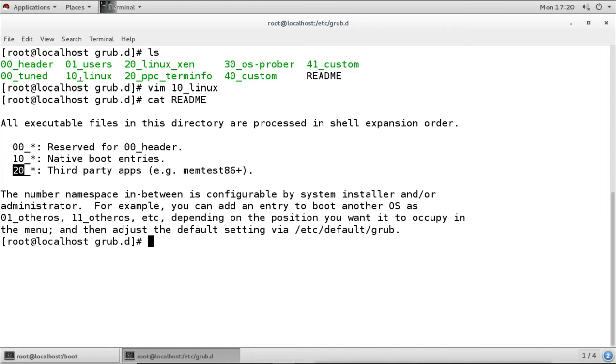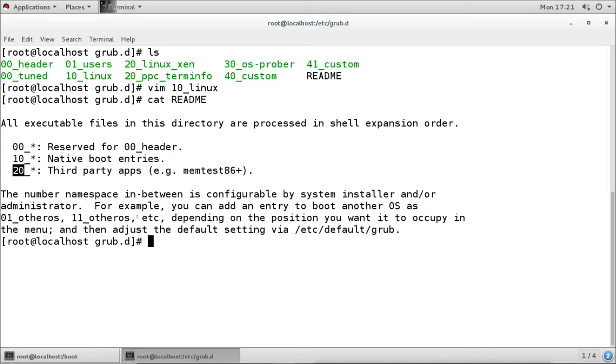I can create files from 10 to 20 to add extra boot options or entries. It can be created by the administrator manually, or by the application automatically. When you install the application, it will create the file itself, or the administrator can also create it. For example, you can add an entry to boot another OS as 01 like other OS, or 11 as other OS.